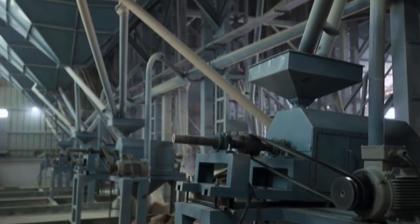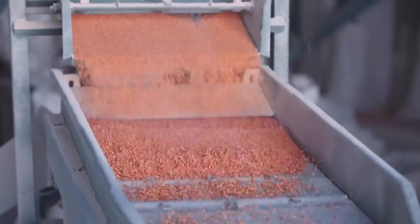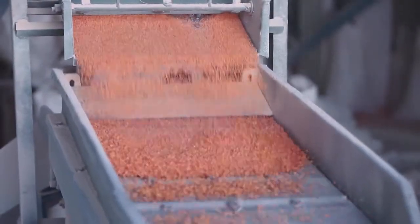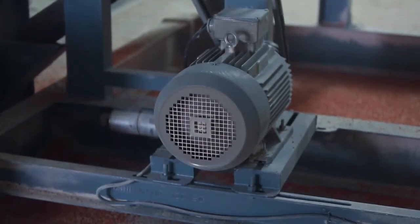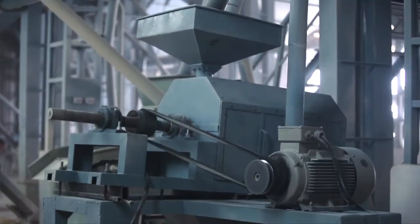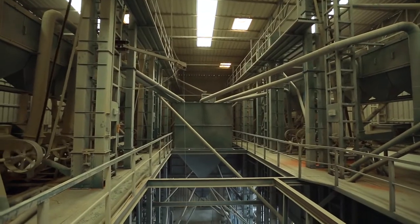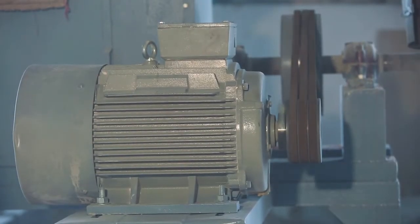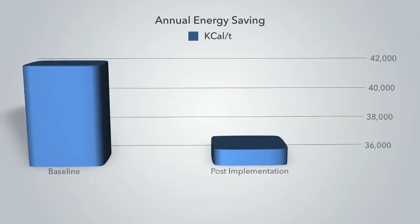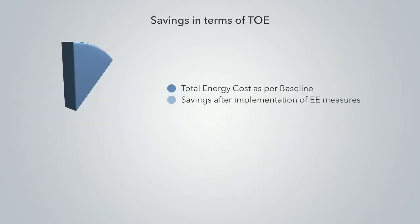The replacement of conventional motors and dryers with energy-efficient motors and dryers has brought about significant change in the operation process of the units. The new motors of IE3 class are more efficient than the conventional motors, as there have been several modifications and improvements in their design and construction. Replacing the conventional motors and dryers with modern energy-efficient machines brought the following benefits: reduction in specific energy consumption by 10 to 12%,